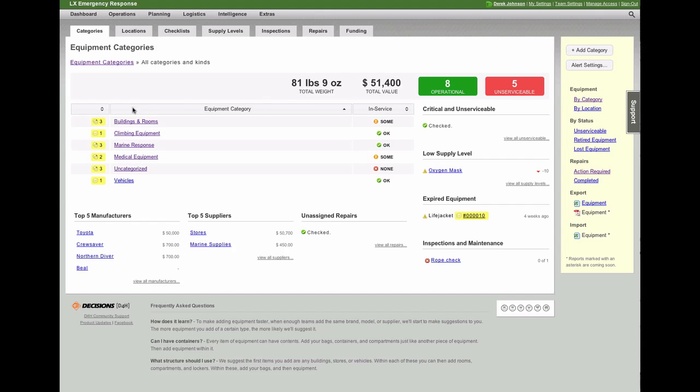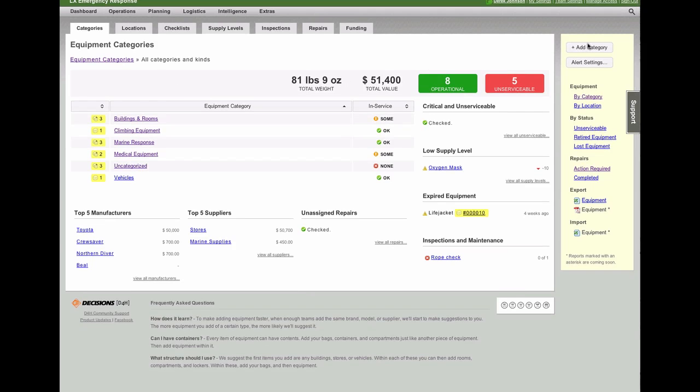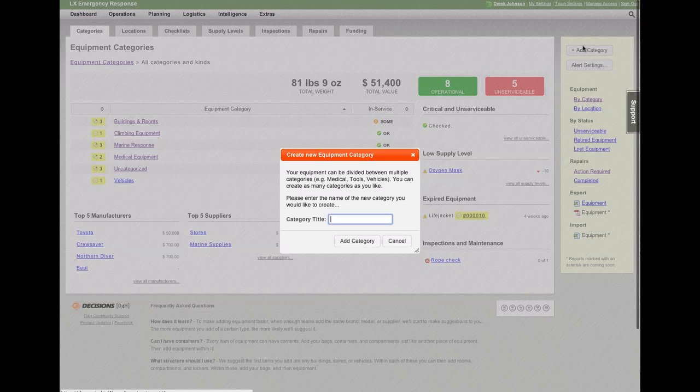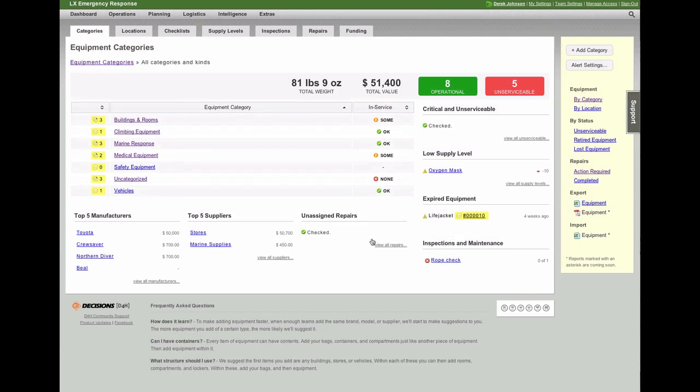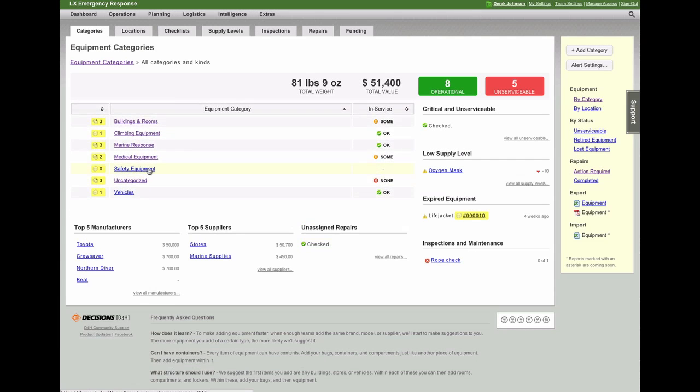So this is the new equipment section, and the way we've laid it out is using equipment categories and equipment kinds. So what you do is create a category for each type you have, and that might be things like climbing equipment, safety equipment, medical equipment, whatever your different equipment might be: vehicles, buildings, that kind of stuff. Once you've created a category, you can click into the category